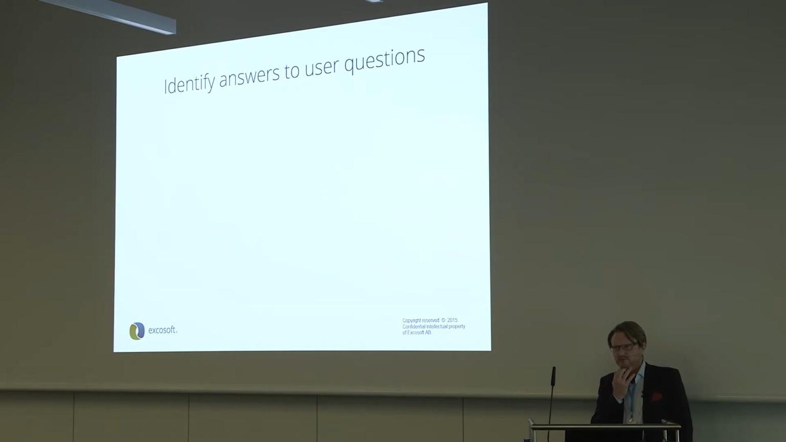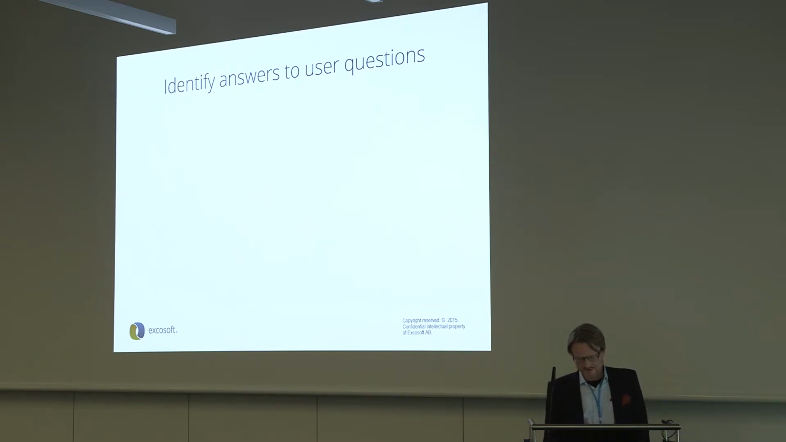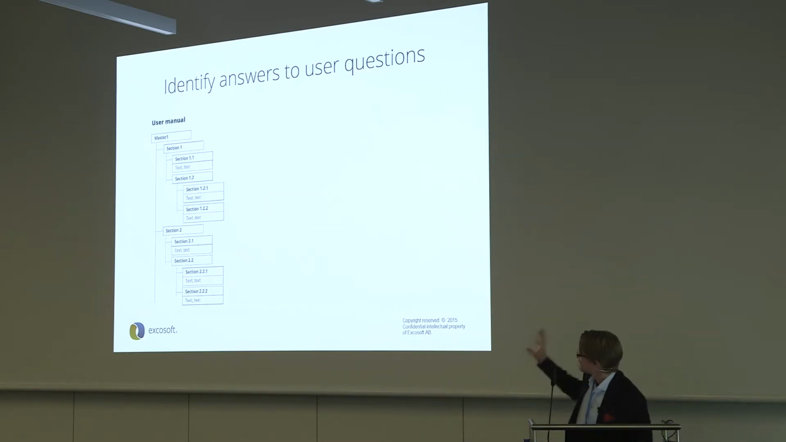In the book content, there are a lot of answers to many user questions available. So we need to find them, identify them. So here we have a traditional user manual, a book. It could be a DITA map or FrameMaker file or InDesign file. And it has a main title and chapters, subsections, etc. I mean, you know all about this. We're technical communicators, so this is what we do. Now, to identify the answers that are available here,